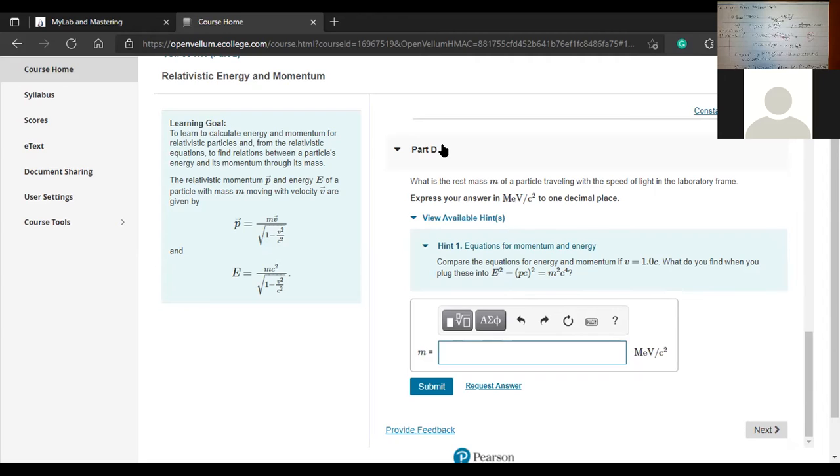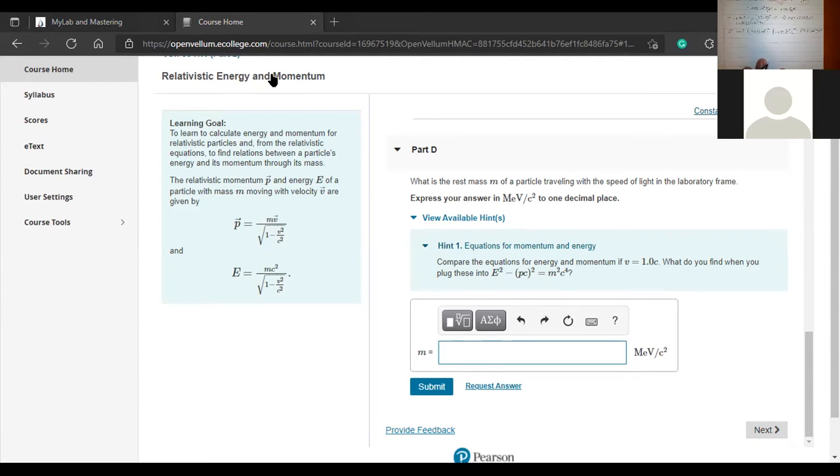So 10 centimeter displacement from the line. Right. Okay. That makes sense. Thank you. No problem. So here's what I'm thinking. That actual hint did help me a lot. That's the whole reason they ask you for E squared minus (pc) squared,